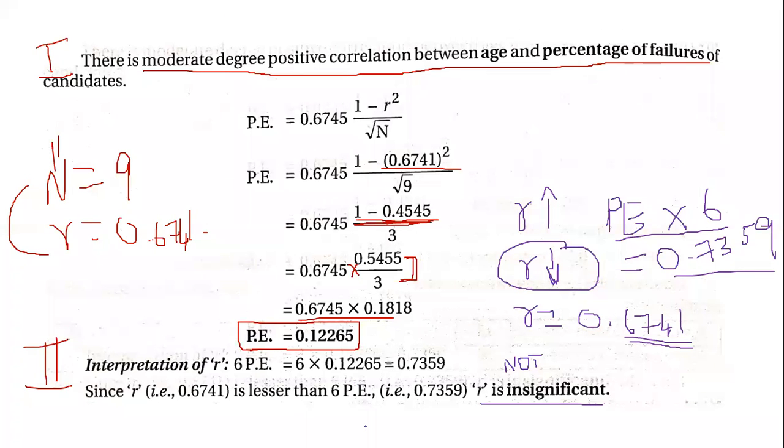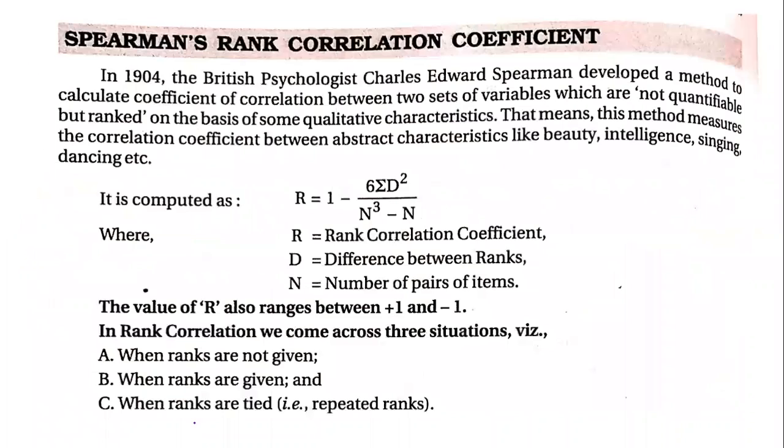Okay, so this completes our Karl Pearson's correlation coefficient topic. Now we will be going to a new topic, that is Spearman rank correlation coefficient. Throughout the correlation, I told we'll be learning only two major correlation coefficients. One is the Karl Pearson's correlation coefficient that we just saw until now. The second one is Spearman rank correlation coefficient.